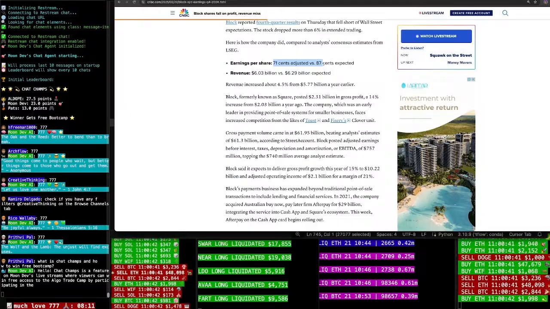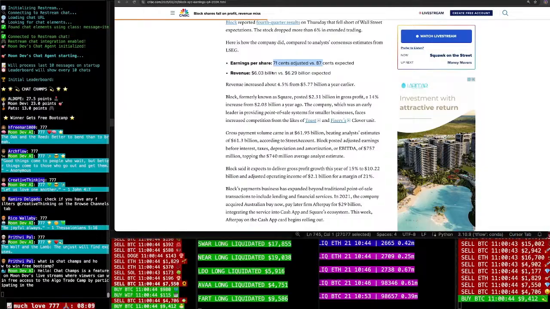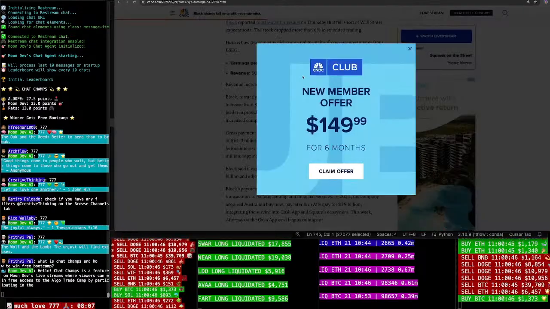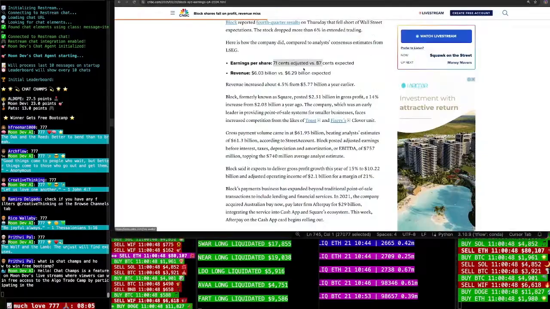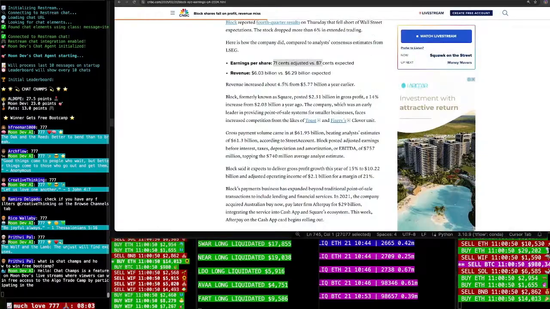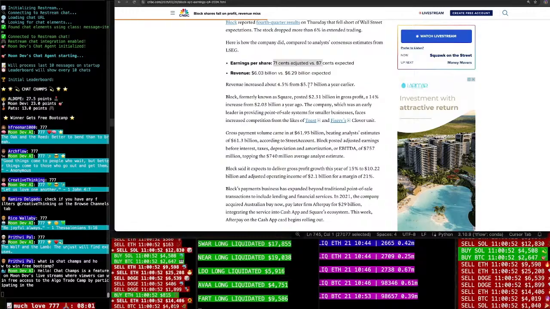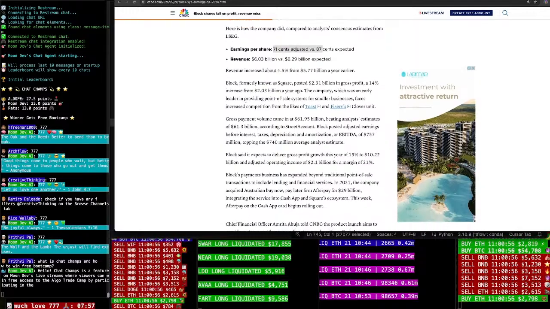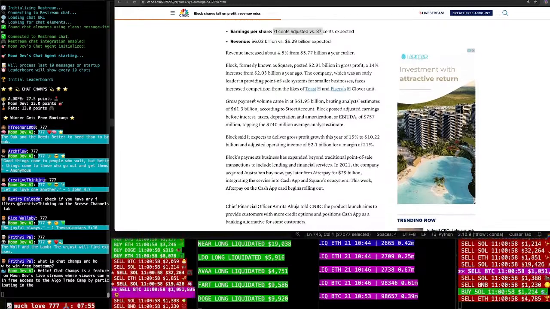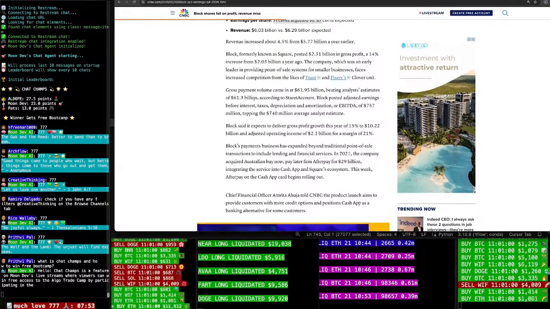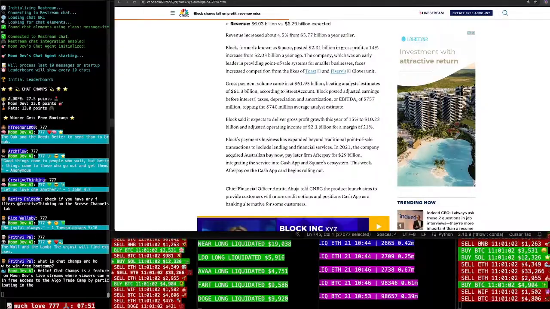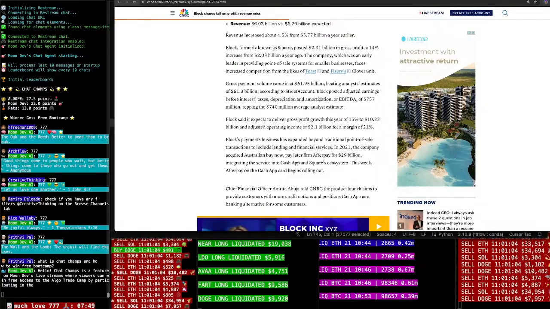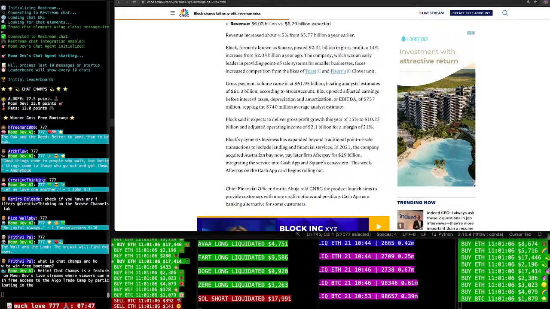Oh, they missed out big time. Oh, I guess not. 6.03 versus 6.29. Revenue increased about 4.5 from 5.77 a year ago. Block, formerly known as Square, posted 2.31 billion in gross profit, an increase from 2.03 billion a year ago. The company, which was an early leader,